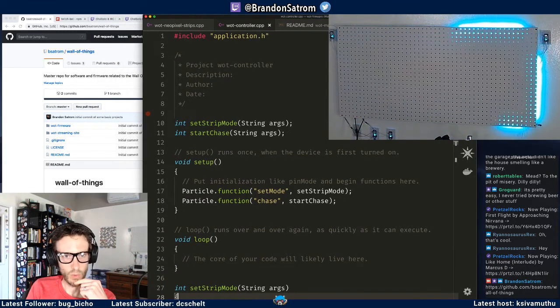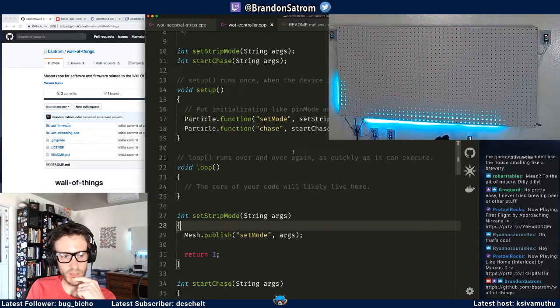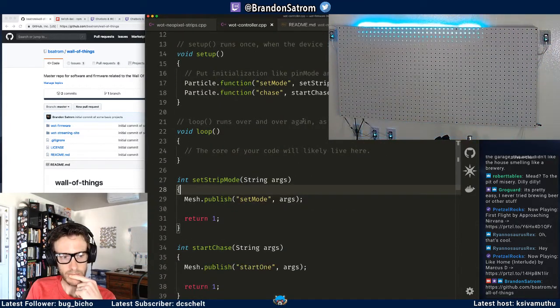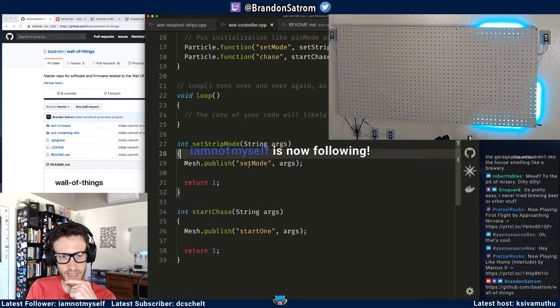So the way that each of these strips works is when I set the strip mode, I can set it to,